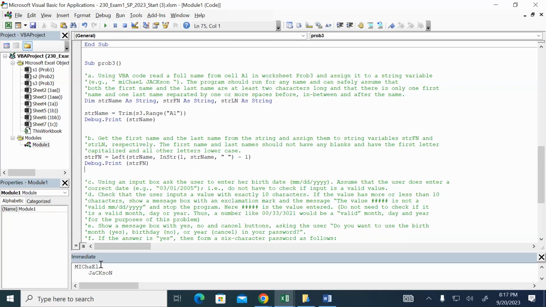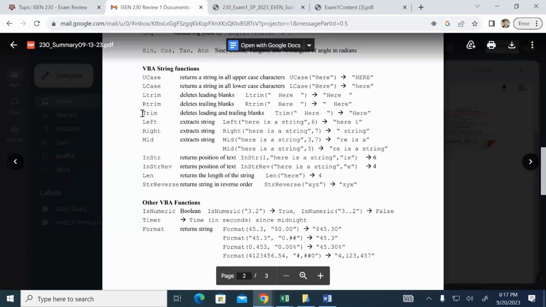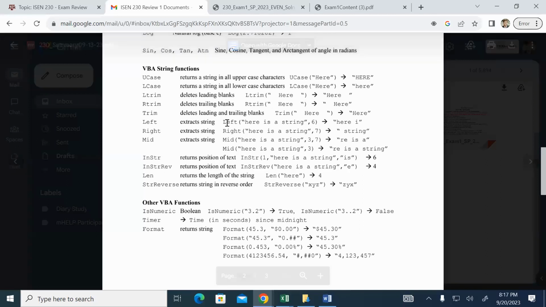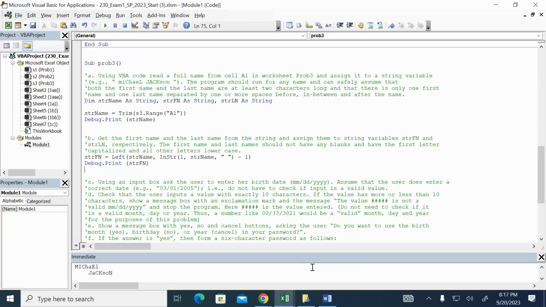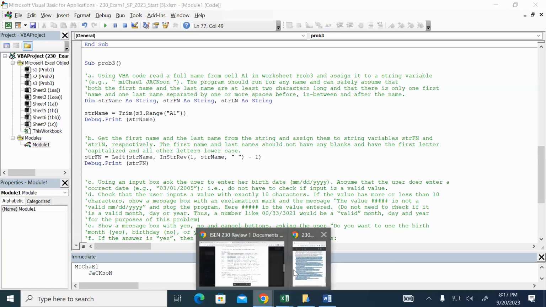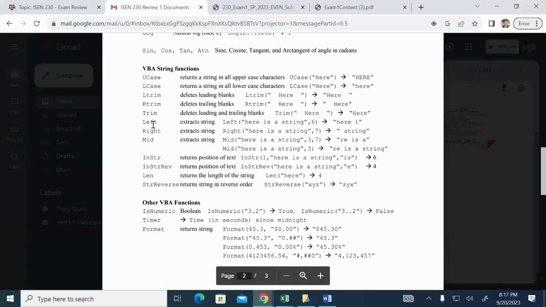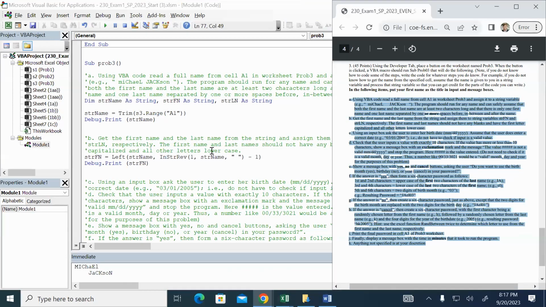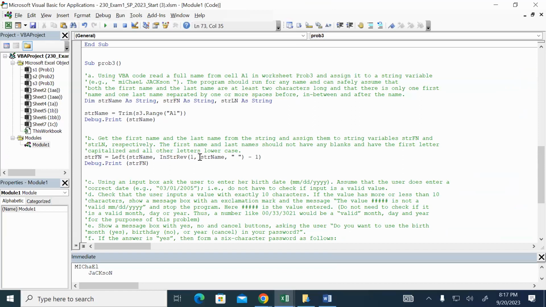String first name, left. In string. I did not. Okay. Let's see. Extract string left. Did I do in string reverse? No, I need to. In string reverse. Let's see. And then this is just